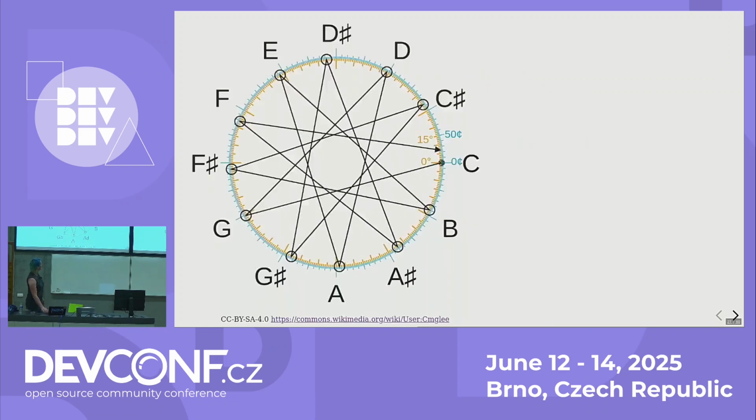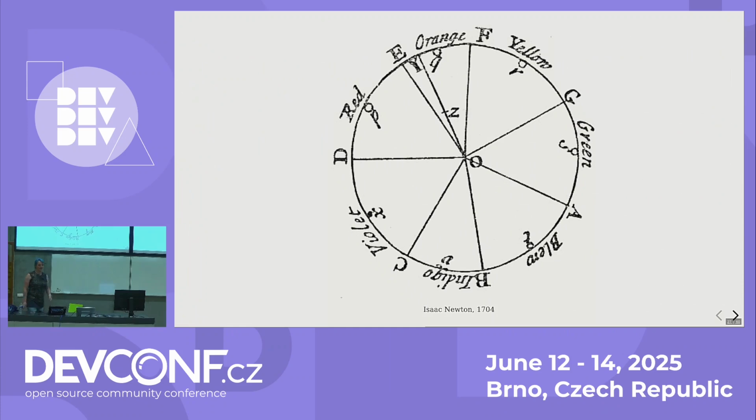Speaking of circles, there is this guy, Isaac Newton. He liked thinking about music too. He drew the circle in 1704. And you start to see that there's a relationship between color and music. If you think about a color wheel and how you can go around the color